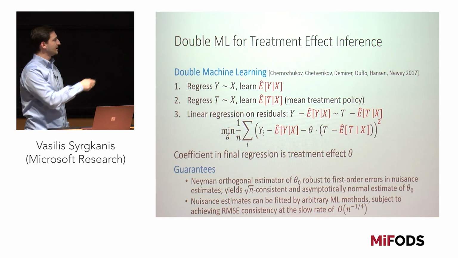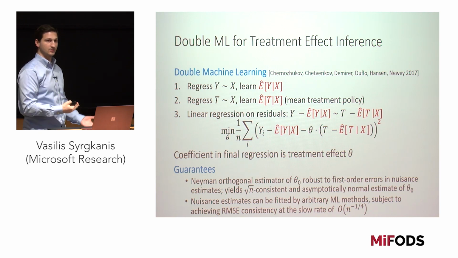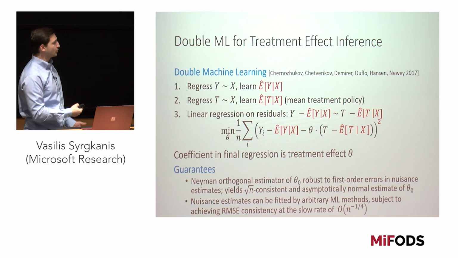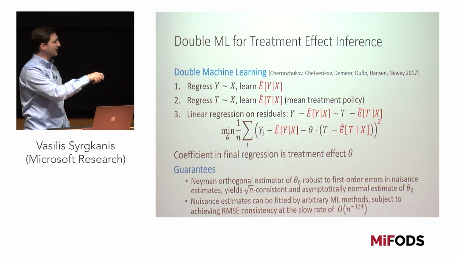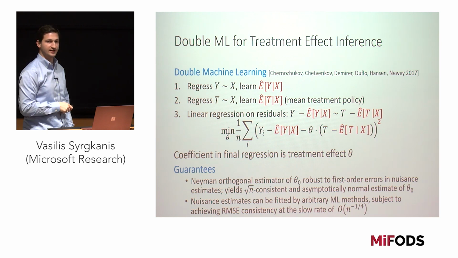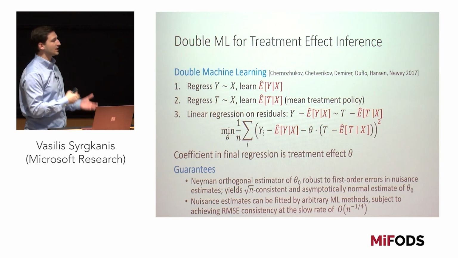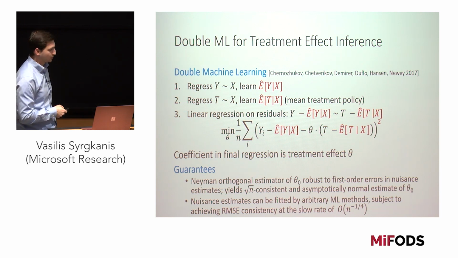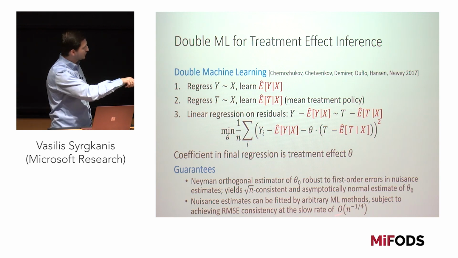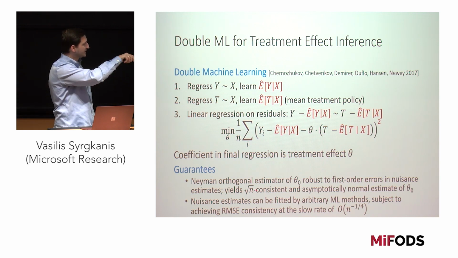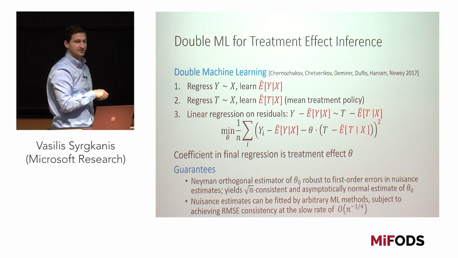So that means that the estimation error of this is going to be of order 1 over root n, and also importantly, it's going to asymptotically have a normal distribution, and so you can also do hypothesis testing for your final estimate theta as if you had a single-dimensional parametric problem, right? One of the reasons that you can get away with slow rates here and still get root n rates is this property of Neyman orthogonality that your final regression here satisfies.